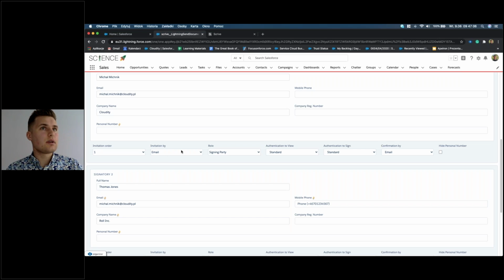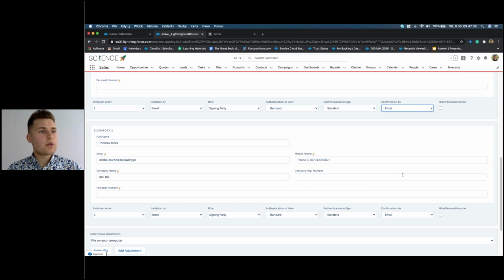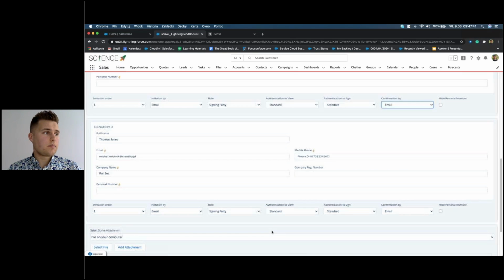We can define if the invitation should be sent by email or SMS, or what kind of role is assigned to this user, whether it's a signing party, an approver, or a viewer. Other fields are also customizable, so we can define different authentication methods and, for example, different ways of sending confirmation. We can change the settings for every signatory party in our